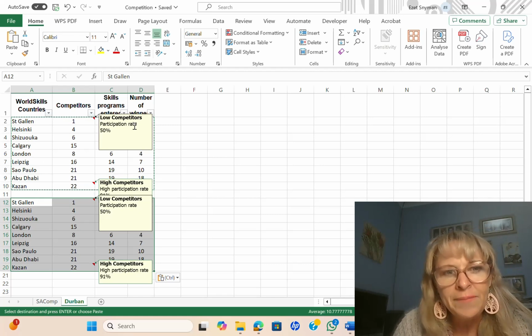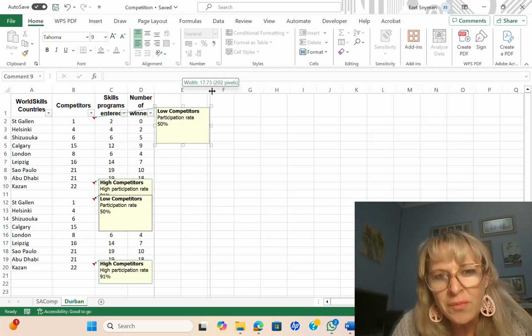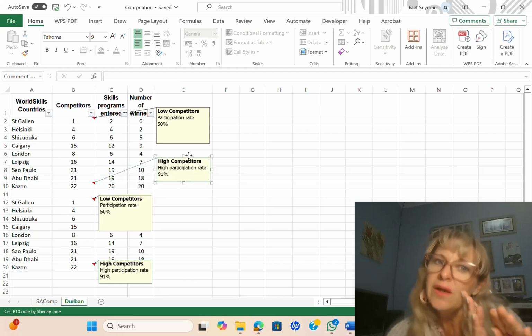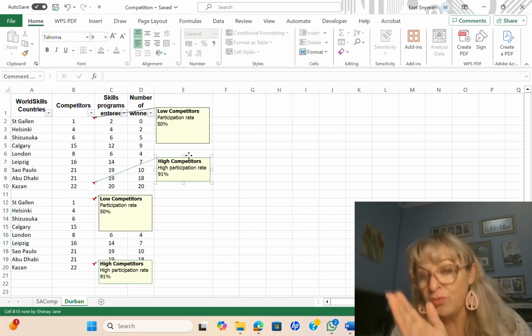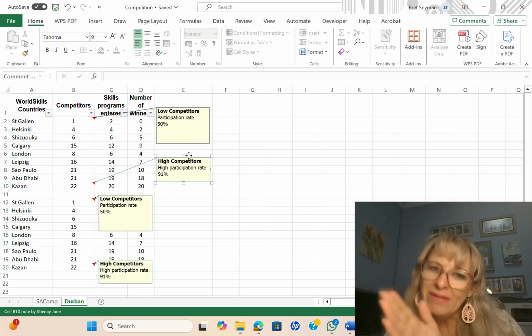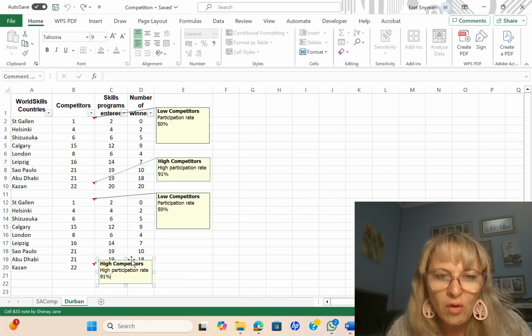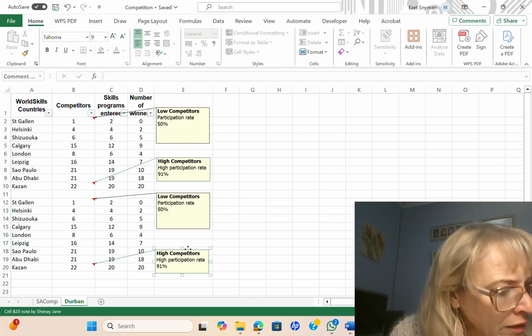So you're going to have to click on the comment, drag it to E, and then also make column E bigger so that the comment fits. You will see the line that goes from the comment to where the comment is will automatically adjust to become longer. So all 4 comments, you are going to drag to column E. And then